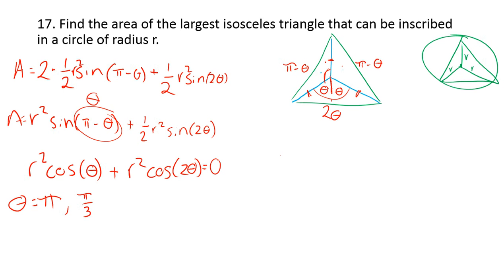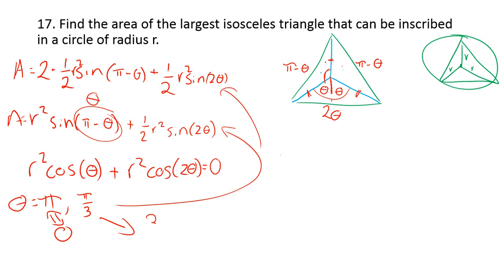And so what we'll do now is that we plug these into our area formula from here or here, and then we find, okay, where are we going to max or min it? And then we'd also check 0, because that's one of our bounds. Pi and 0 get you the exact same thing. Okay, it's not going to change because the sine of 0 is sine of pi. It's the exact same. So that means our maximum will have to occur at pi over 3,